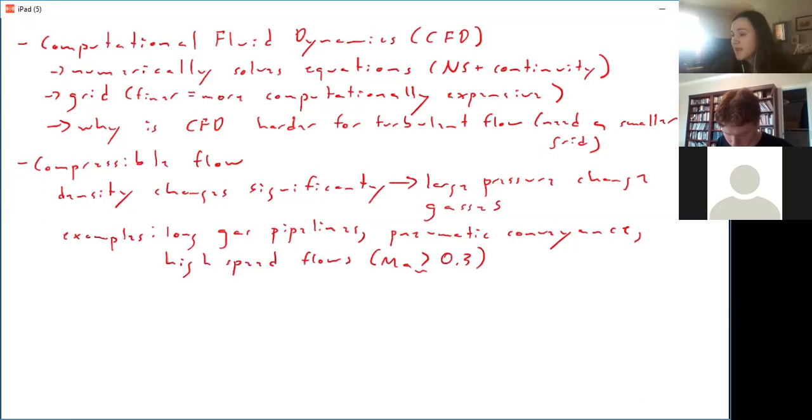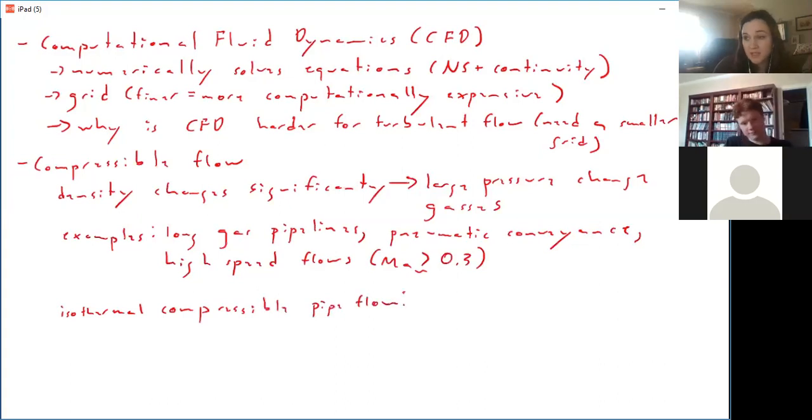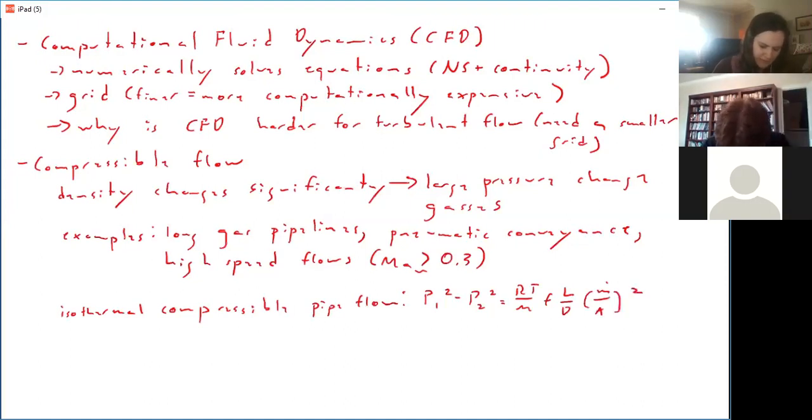And on our first day of class, we talked about isothermal compressible pipe flow. And we learned that the pressure drop due to friction is different if it's compressible. We learned this equation here. And we also learned that